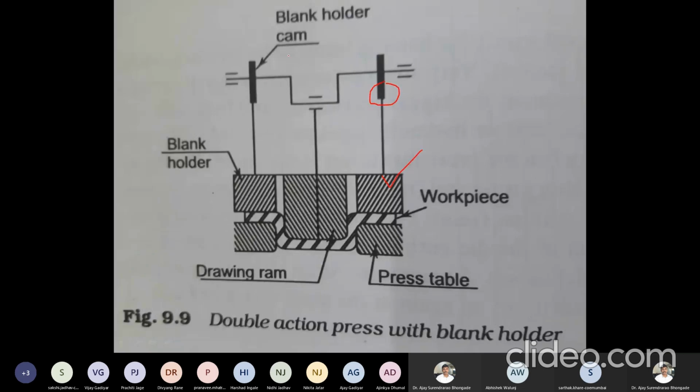In this case, it is a cam. There can be a crank also there, right? So if we have that, the crank can be actuated along with that, or we have the ram, which is doing the drawing operation. So multiple actions can be performed in a sequence so that we get the required type of operation in a particular sequence only, right? Accordingly, double action and triple action are all different types of presses.